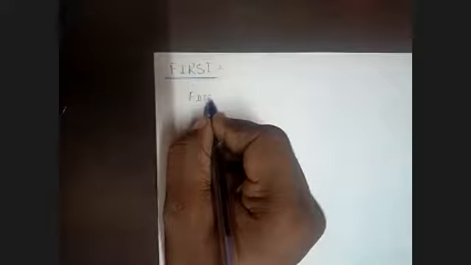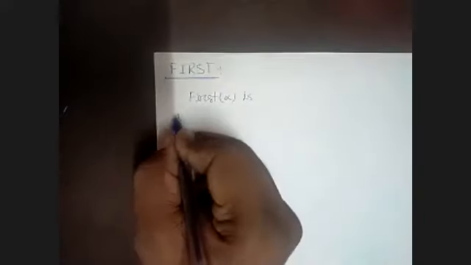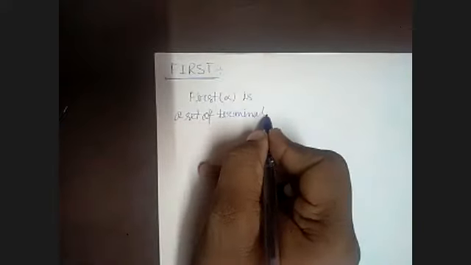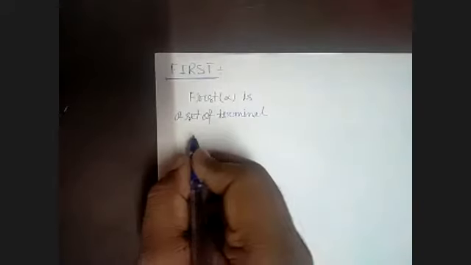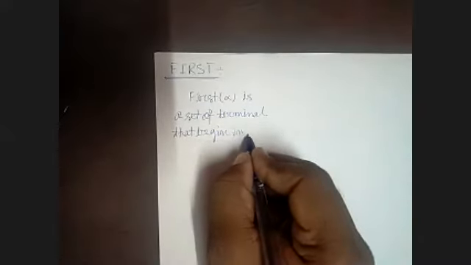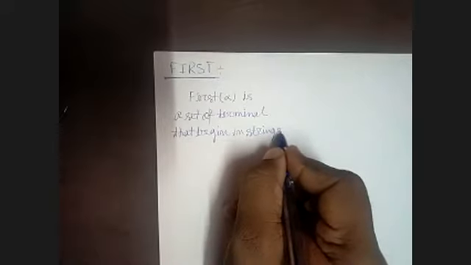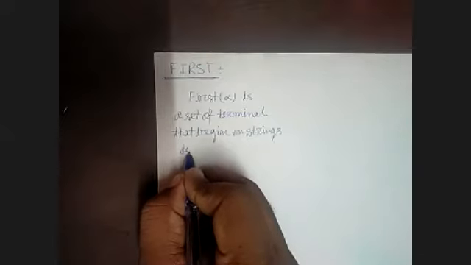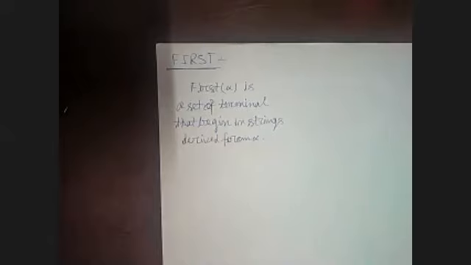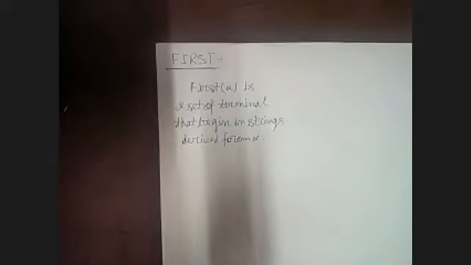F first of alpha, okay, right, is a set of terminals, okay, that begin in a string derived from alpha. राइट? यानी आप सिंपल सा वर्ड अगर हम यूज करें, सिंपल अगर हम आपसे बोलते हैं कि एक रो क्रिएट करो, इसमें से फर्स्ट कौन है, राइट? तो आप इजीली फाइंड आउट कर सकते हैं कि जो पहली लाइन में पहला पर्सन खड़ा होगा दैट इज फर्स्ट,